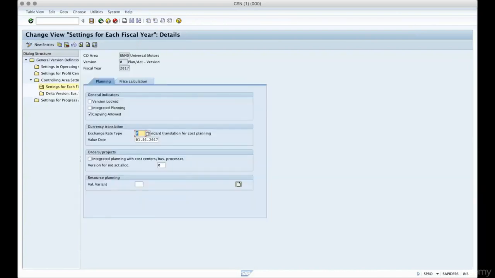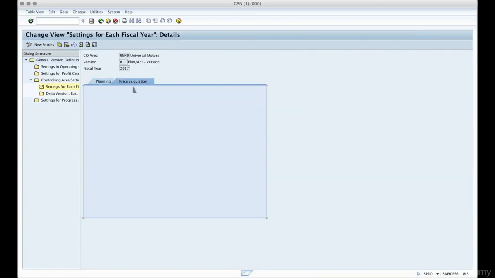We double click this year, and here is our controlling area, our version, and our fiscal year. For planning, we are going to leave it as it is. Here, because we have our general indicator, version locked, we don't want it to be locked, integrated planning, and we want company to be allowed. The exchange rate is a standard translation for cost planning. The value date is going to be the first day of the year,